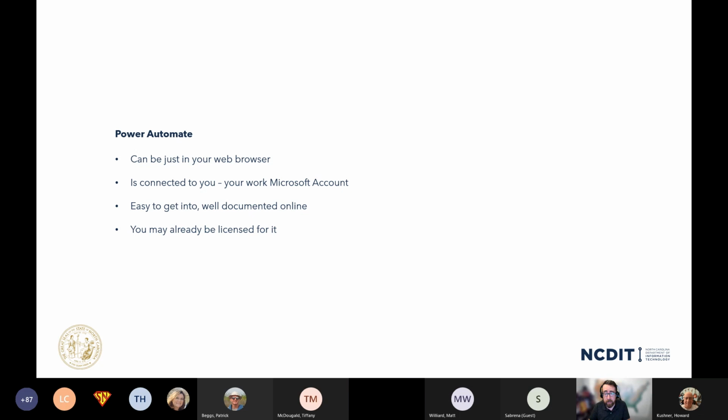It can be complicated, but it is also very easy to get into, and it's very well documented online. One of the advantages that we all have working with Microsoft products is, we're not the only ones. You can go and Google something for Excel, and you're probably not the first person to do it, and someone's posted an answer online. Power Automate, as part of the Microsoft Power Platform, is super well documented.